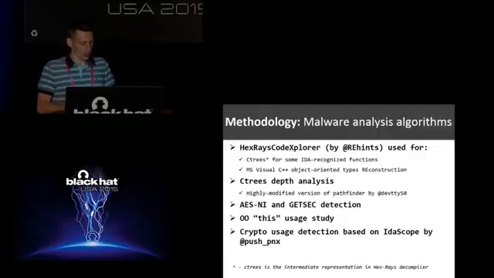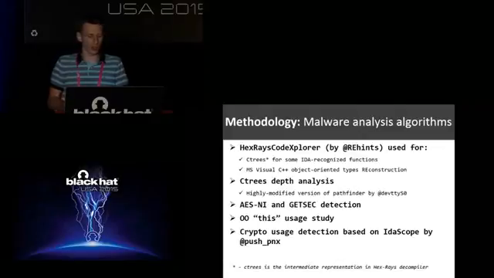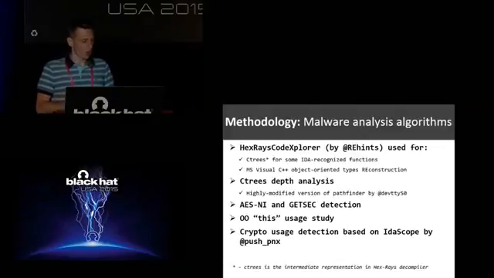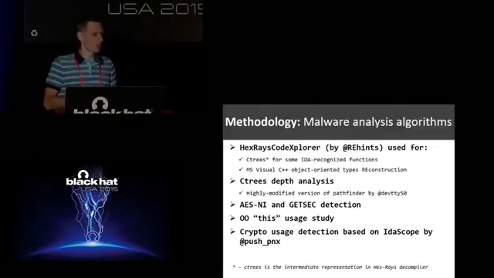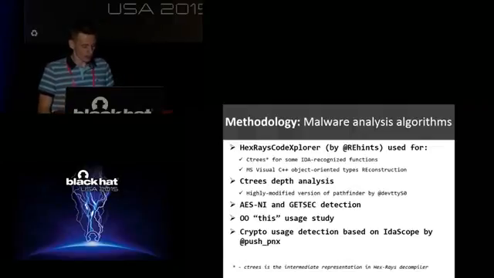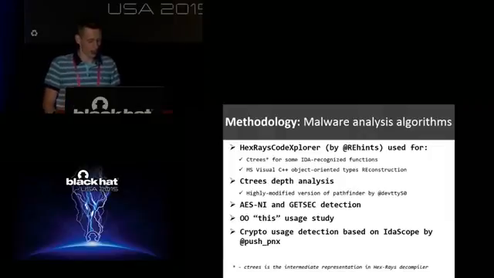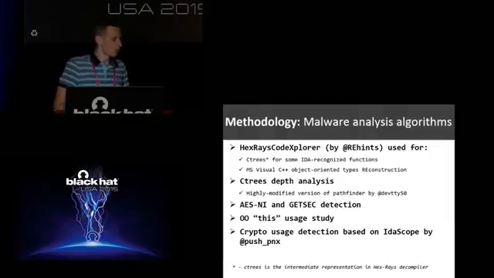And we were dumping ctrees for some IDA Pro recognized functions. We didn't dump for every function. We'll explain later why. We were reconstructing Microsoft Visual C++ types from the binaries and doing cross-correlation between them. We also performed a depth analysis on the ctrees we dumped, because it was really interesting